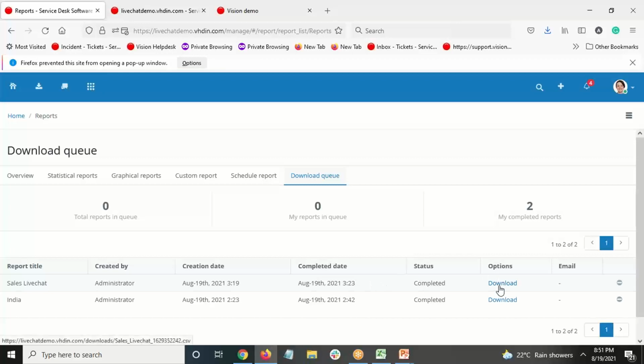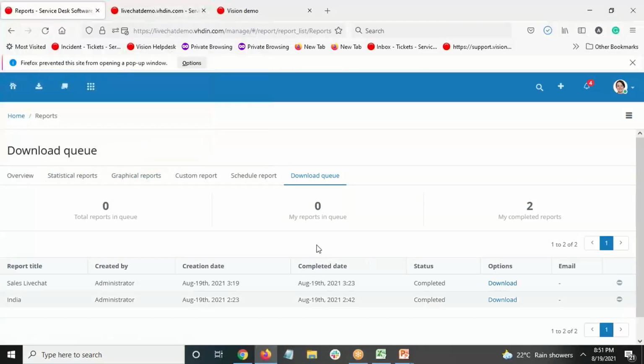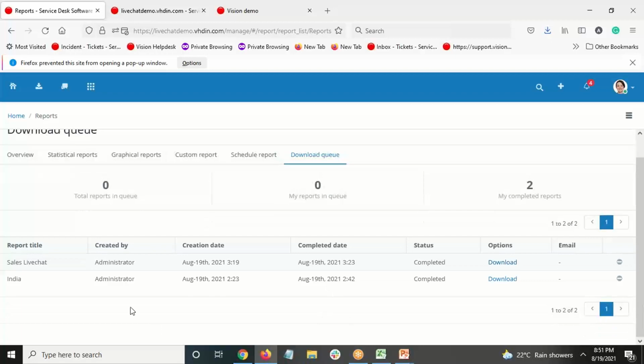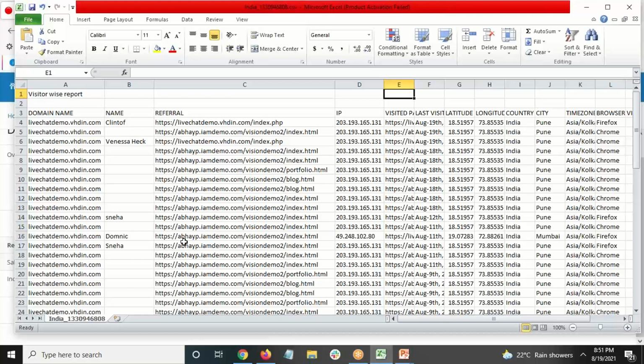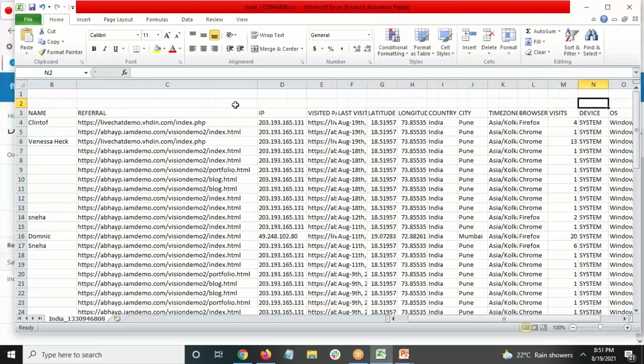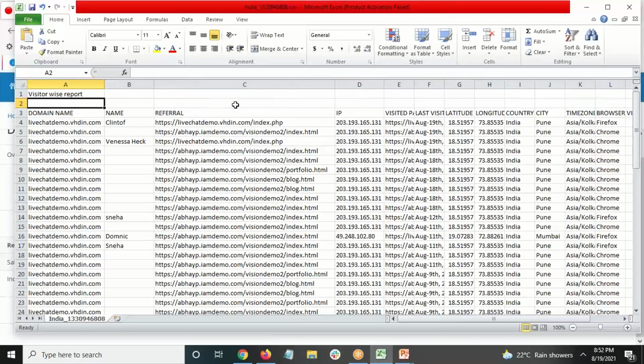And you can download it from here. So I have downloaded one example report which I can show you in CSV file format. All of the details displayed on the report would be exported in CSV file format.